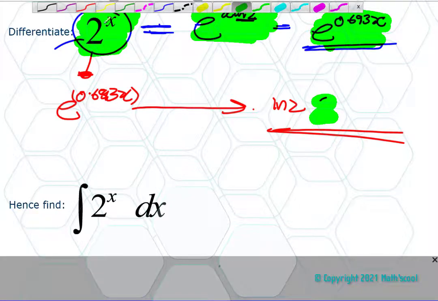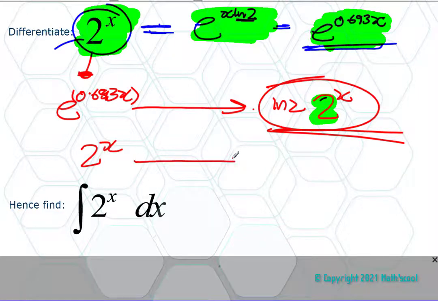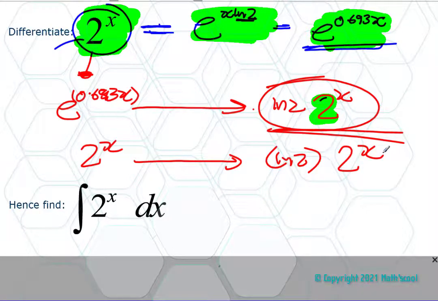2 to the x. So there's our differential of 2 to the x. When you differentiate 2 to the x, it gives you ln 2 times 2 to the x. I'm sure you can guess the differential of 3 to the x now, and 5 to the x, and 10 to the x. Now they want me to integrate 2 to the x, so I'm just going to change my